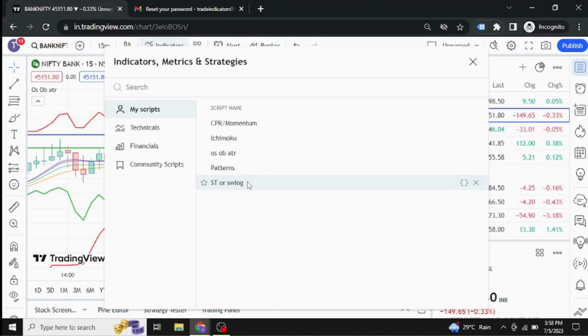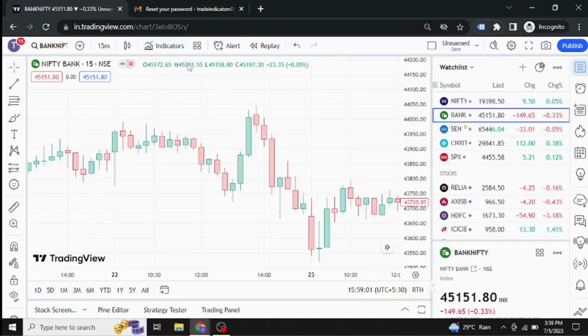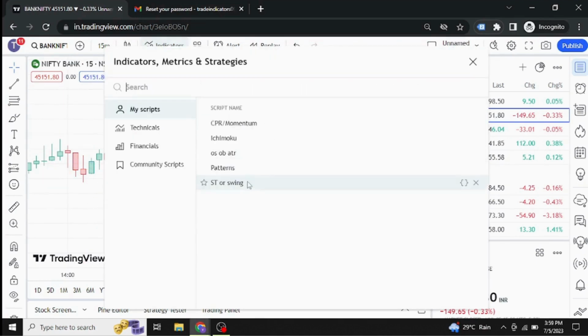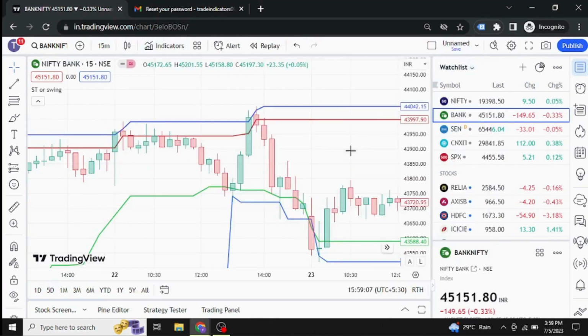So this one shows only support and resistance. I'll show you this one also today. Just support and resistance. This also works out for stocks. Like I'll show you something. Let's take